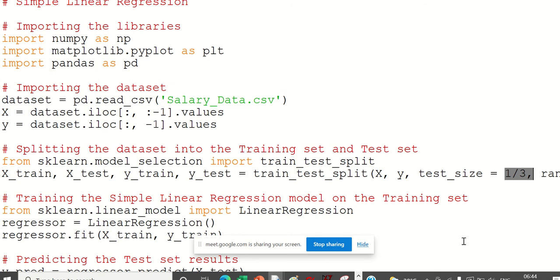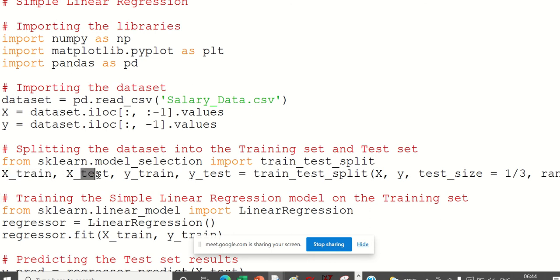So it will split the data into two parts, training and testing. If you say test size is one third, the remaining two-thirds will be for training.